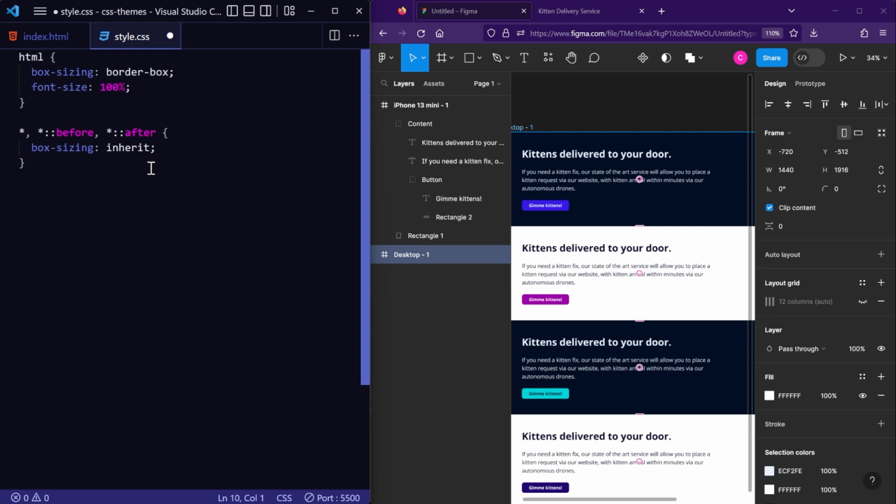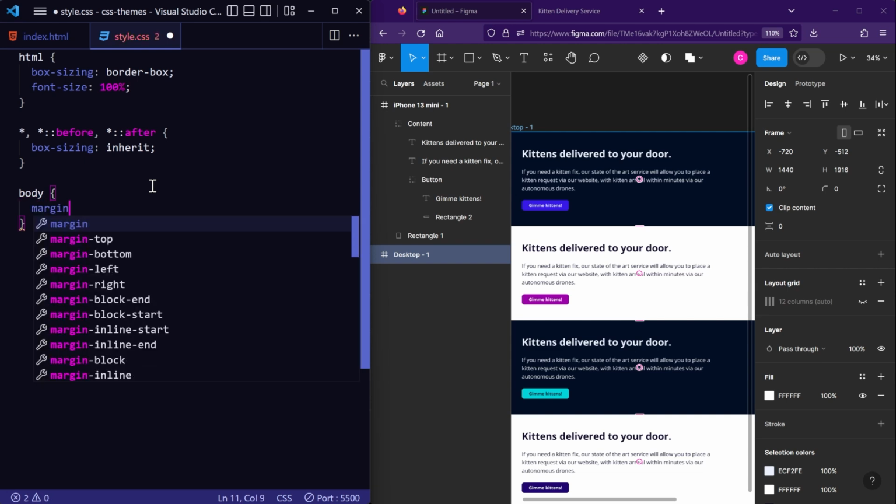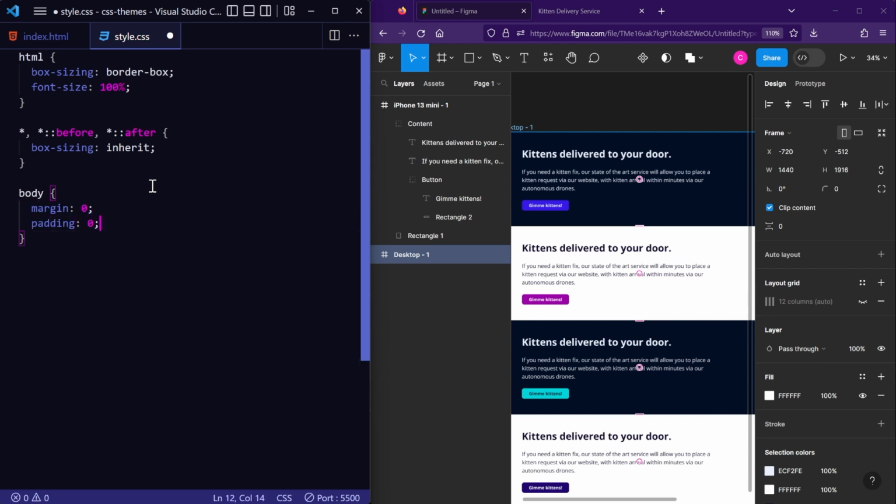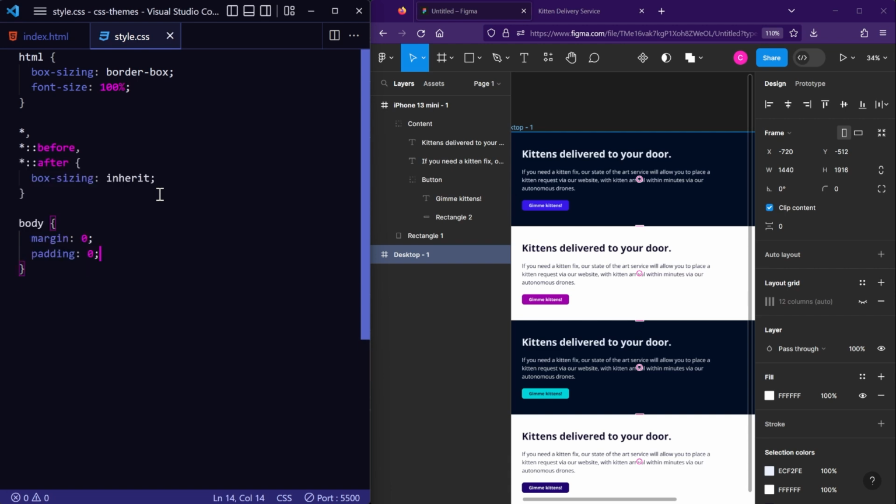And I'm sure there's other ways of doing this, but this is just how I've seen it when I was reading up about this. Then let's add the body tag, and we'll just kind of reset some of the styles here. So we'll set margin to 0, padding to 0. And then the next thing we want to do is set our font family. So in Figma,